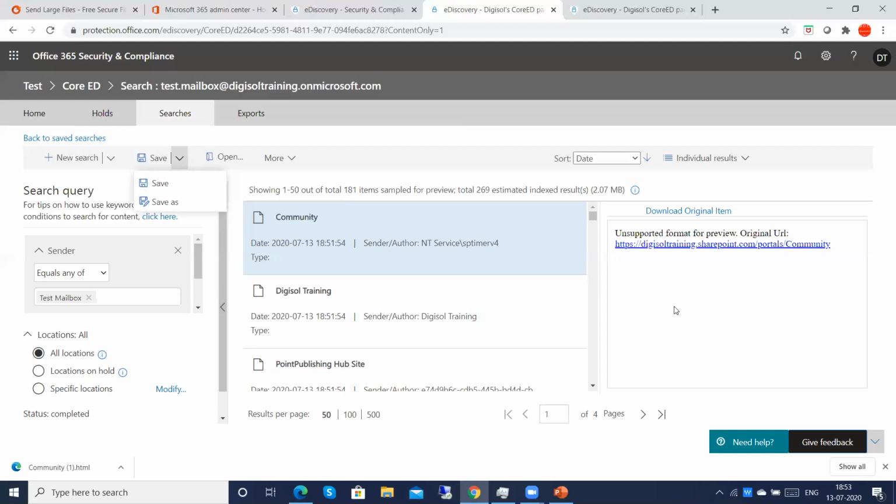We have to give either a report to the user, so he can select which mail he wants, and accordingly we can export that specific mail, or you can give the whole content in a PST so that he can attach it to his mailbox and select the required mails from this PST. So that's the way we can do it.